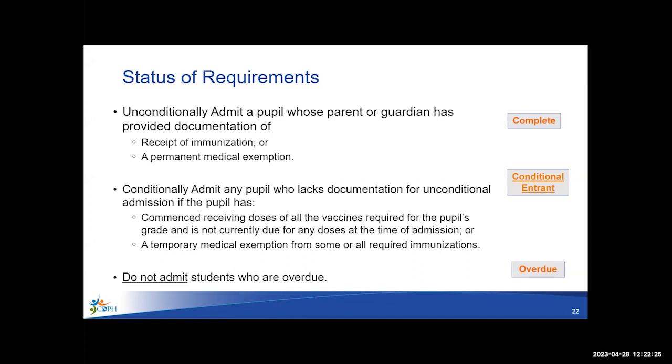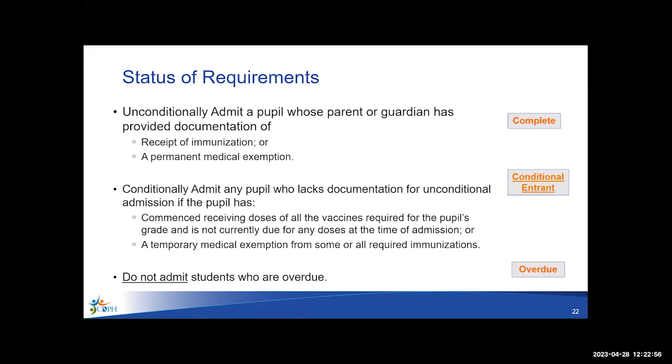Children in childcare settings, depending on when they begin, I think of them as perpetual conditional entrants. They're constantly adding DTaP, polio, hepatitis B, or Hib doses between the ages of 2 and 14 months. And then they need a dose of MMR and varicella when they hit age 15 months. And it's really hard work keeping track of all those changing doses. And the school and childcare roster lookup tool can help with that.